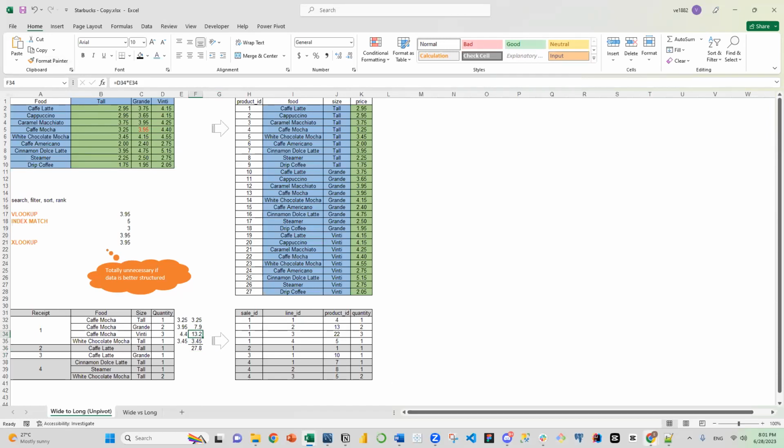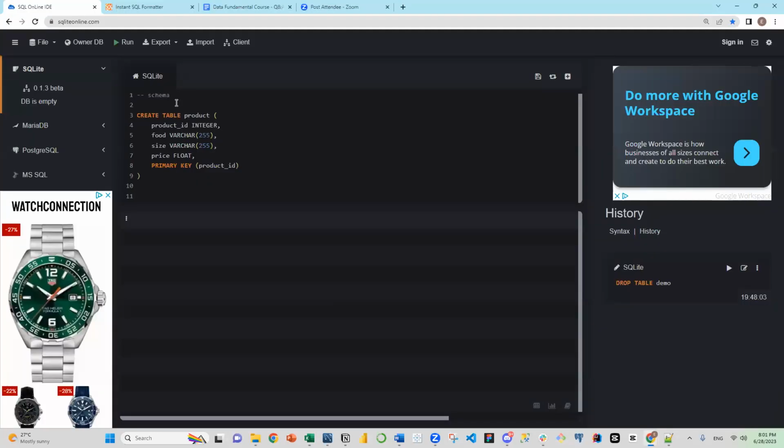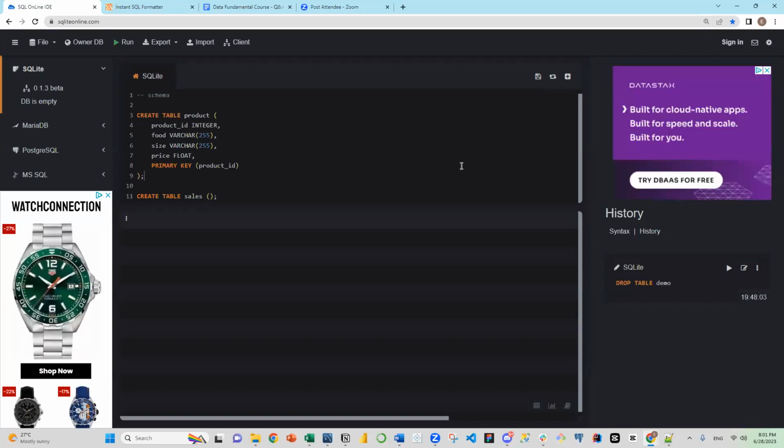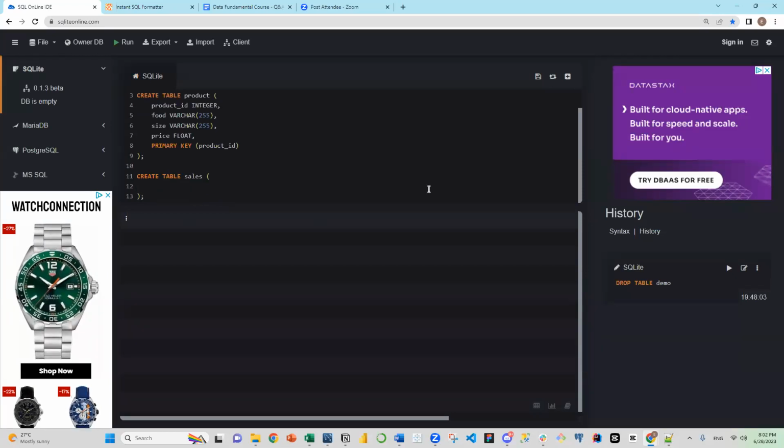So then let's go back to SQLite. So now we need to create the second table. Let's type create table and sales. So opening and closing bracket. And you should type semicolon. So there's a semicolon here. And you can break it. And